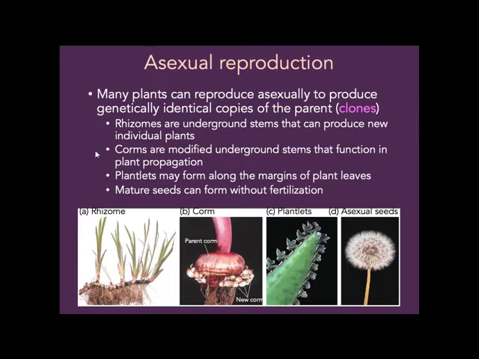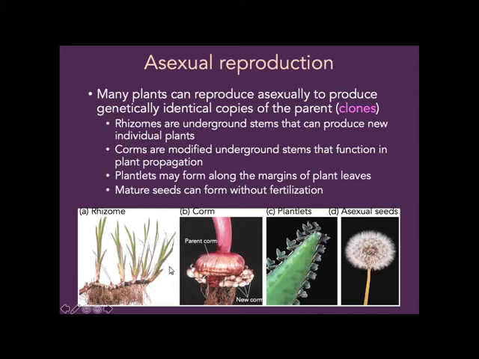Okay, so a lot of plants have the ability to reproduce asexually by making genetically identical copies. So those are basically genetic clones of the parent. So there's tons of different ways of doing this. Some plants have rhizomes, which are underground stems like this that can produce new individual plants. If you were just looking above the ground, you'd see a plant come up and another plant and another plant, and then the stem underground is connecting them, and then you could separate these